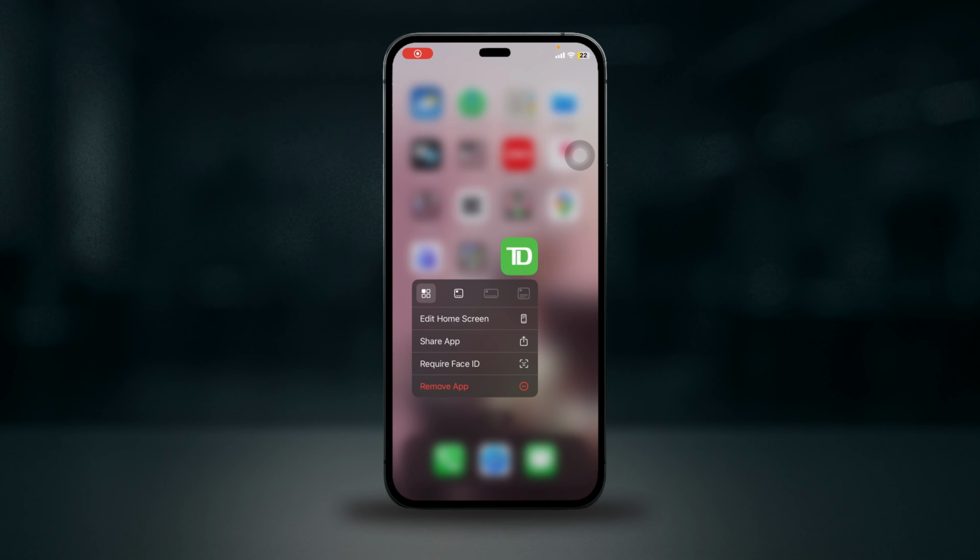Hey everyone, welcome back. If the TD app gets stuck on the loading screen, first start by checking your internet speed